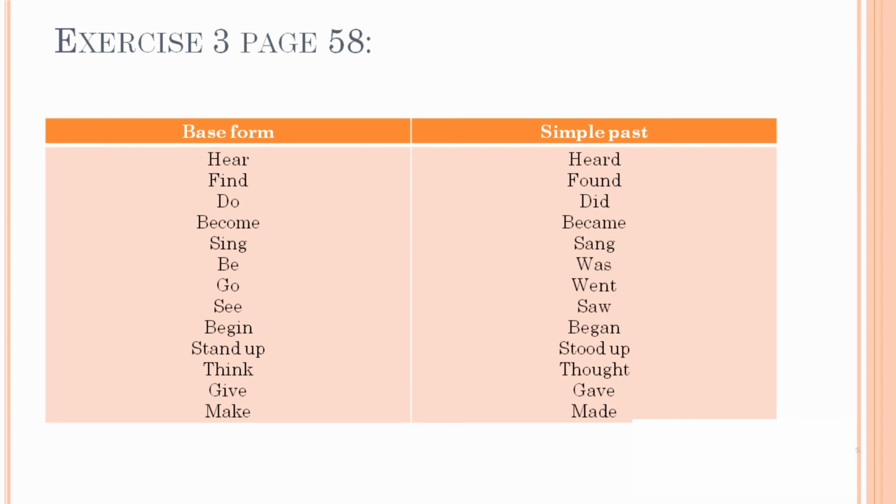They did. So the next one is became. They started singing together as a duo. They also became good friends. Became. The next one is the verb to sing, sung. They even sung together at the music teacher's wedding. Let's go to the next one. The verb to be, was. Around that time, there was a television program called Britain's Got Talent.